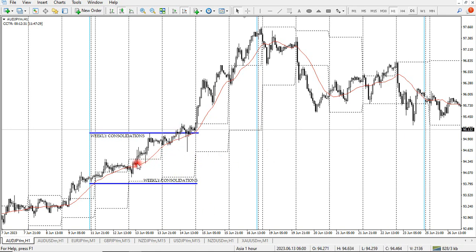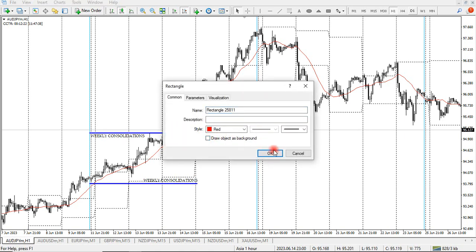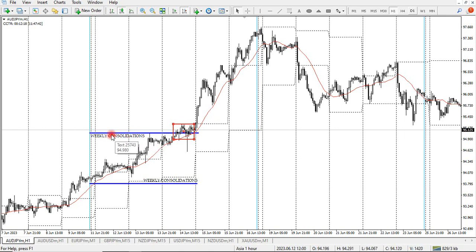In this case, what happened? They broke out. Let's notice the breakout. This is the breakout. They broke out of Tuesday's consolidation. What do I mean? This is the weekly consolidation which was made on Tuesday. However, on Wednesday, the markets broke out and pulled back. You see, in this box we have a breakout and we have a pullback, and then they traded.